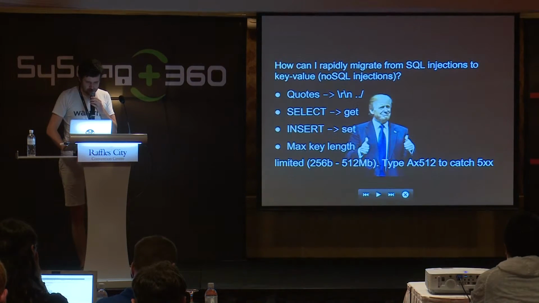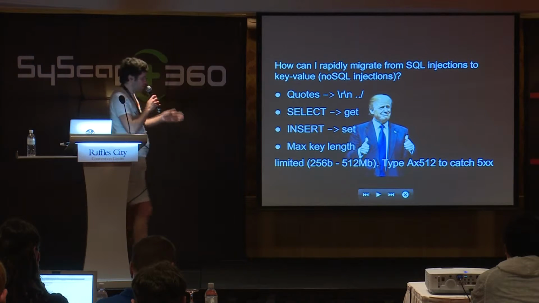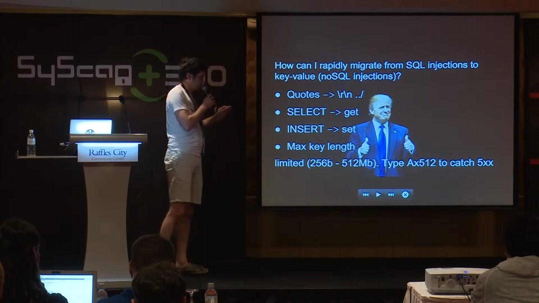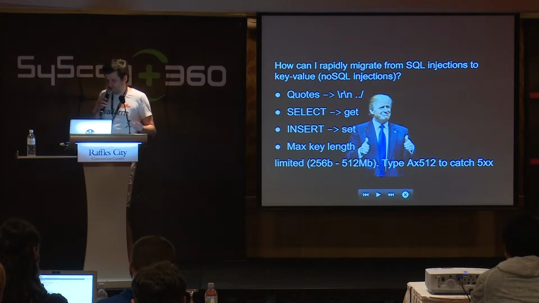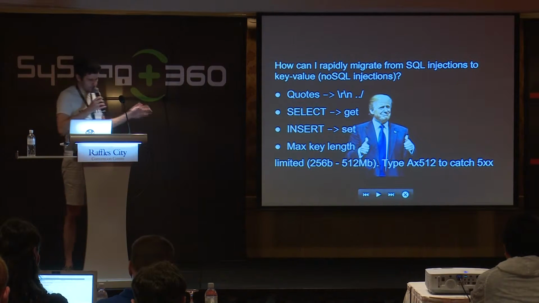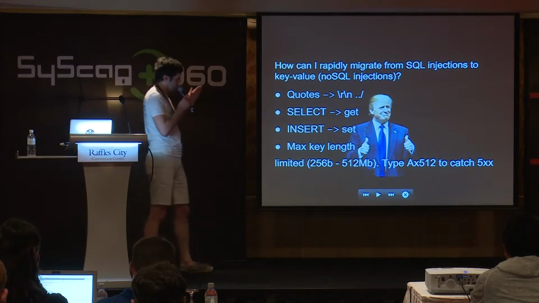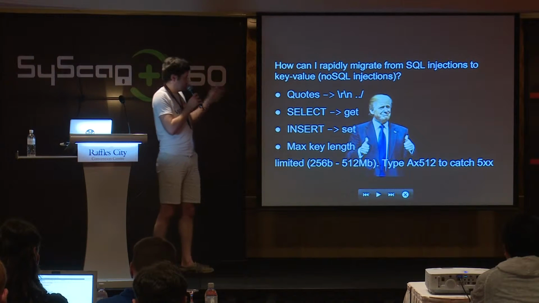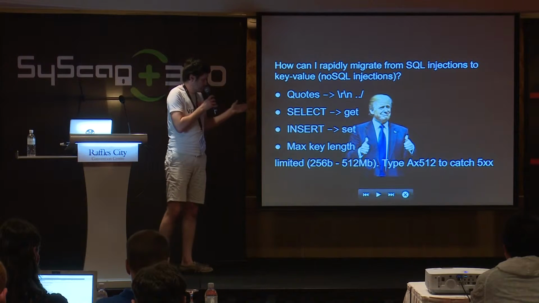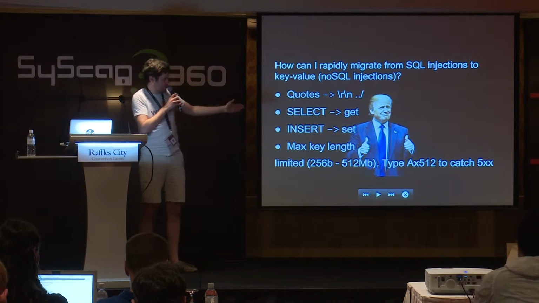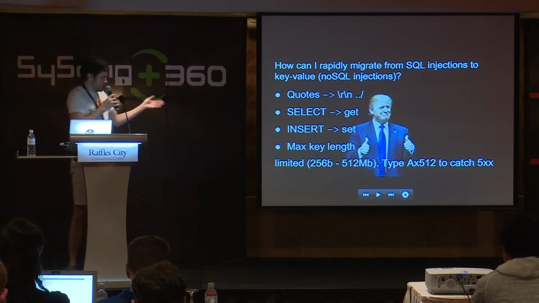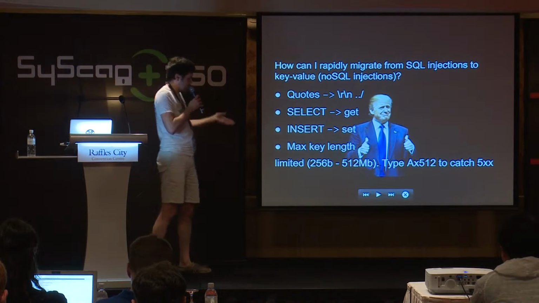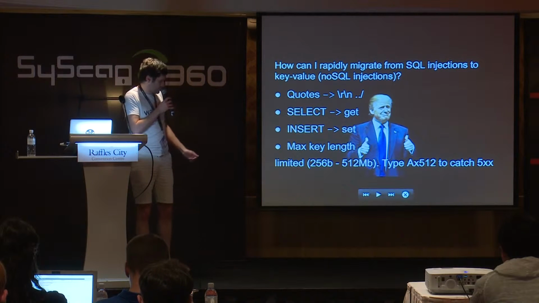So now you can use simple ways to use the same techniques you use to find and exploit SQL injection to exploit key value injections. First, replace quotes with new lines and double dots in the case of REST API. If you want to select something, use get. If you want to insert something, use set. If you want to exploit the server and try to put your instructions into data fields,